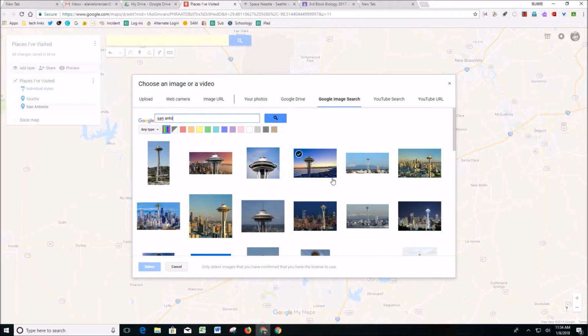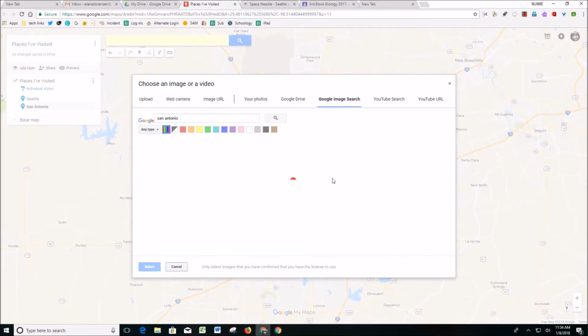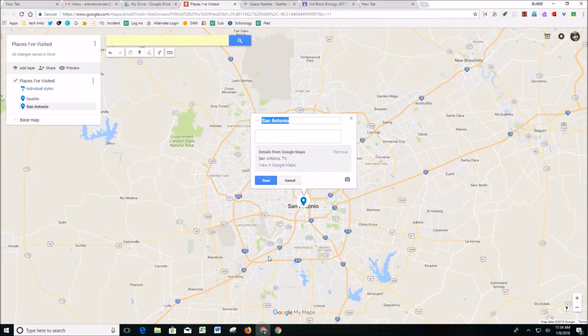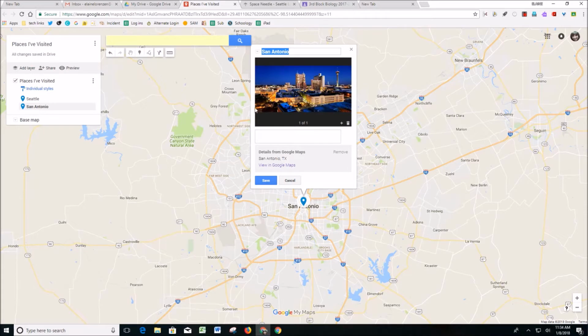because it's coming. That's one of the slightly irritating things, is that when you search for an image, it's going to still have the information from the last time you searched for an image. Okay, here's some good shots of San Antonio, and I have a picture in there. So another way to